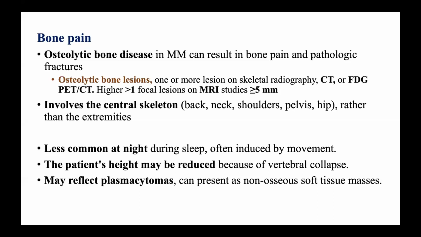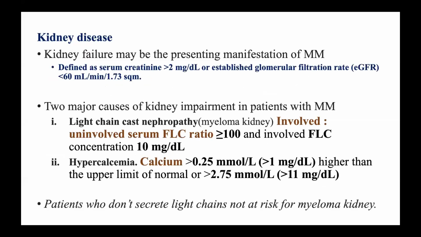This is because of vertebral collapse. And some pain may reflect plasmacytoma in specific regions of the body. Kidney disease: when these patients are checked, you will find that the estimated GFR is below 60 ml per minute per 1.73 square meters. And therefore, two major causes of kidney impairment will lead to kidney disease in multiple